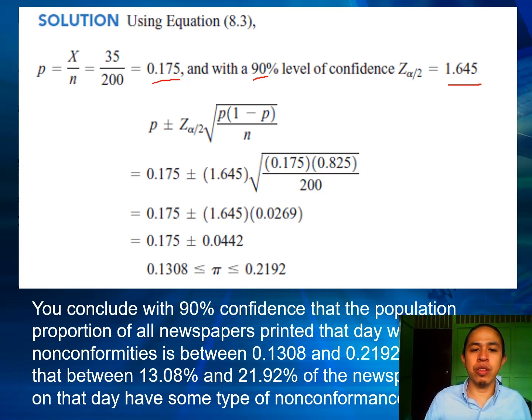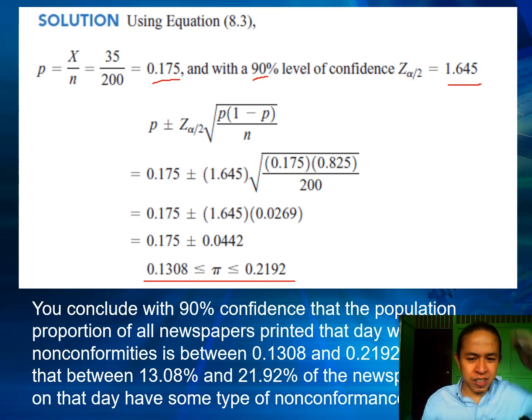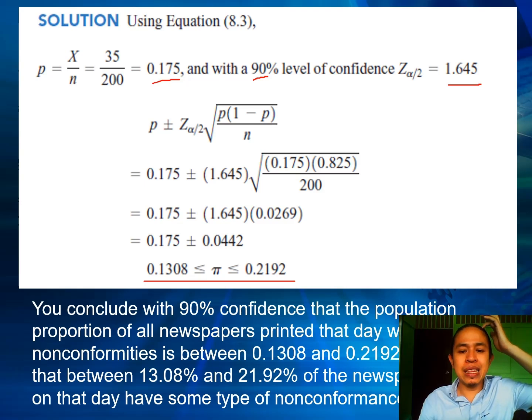Then you substitute this given in your formula, and we come up with this result. We do not stop at the figures; we have to interpret to make the result more meaningful. So we conclude with 90% confidence that the population proportion of all newspapers printed that day with nonconformities is between